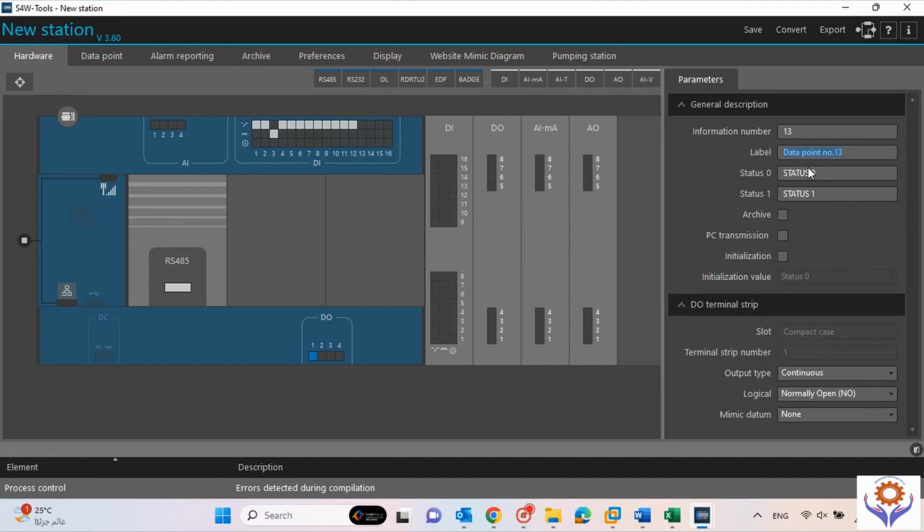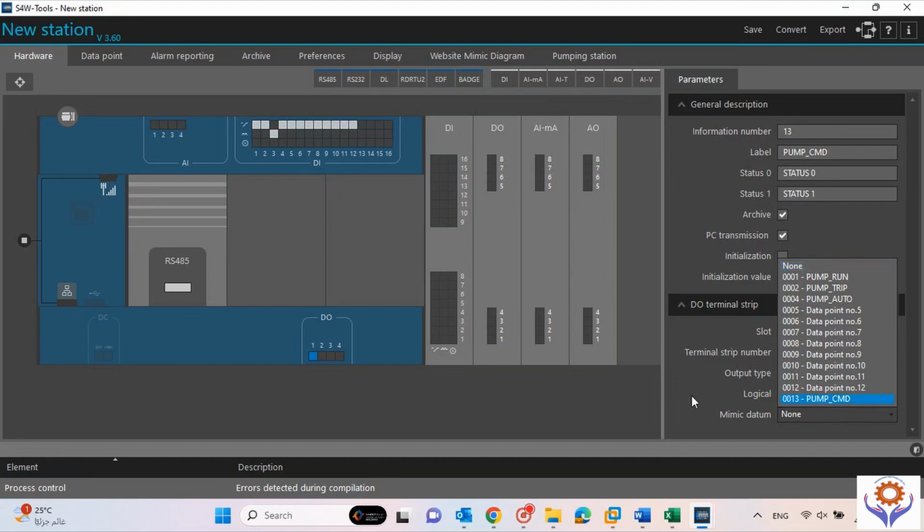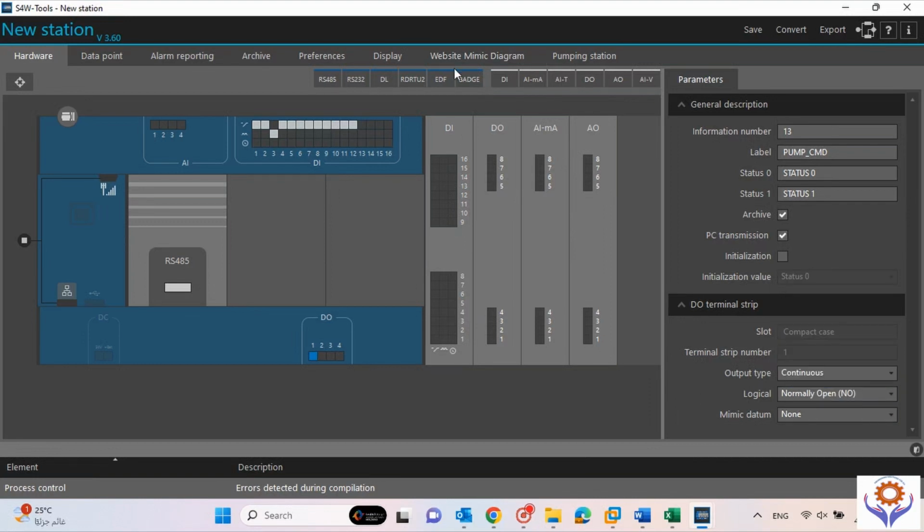Okay, here I will add pump start and stop. Pump command, start command, stop command. And here I will give, if you need, archive, PC transmission, initialization. If you need to initialize at the initial stage, for example at 1, you can give that, or if you don't need to initialize, you don't add the initialization. And here you can see normally open, normally closed, and this one is added in the mimic datum. See, you have added the mimic here also. I will tell you about this when we come to the mimic. Okay, so once you have added this point,